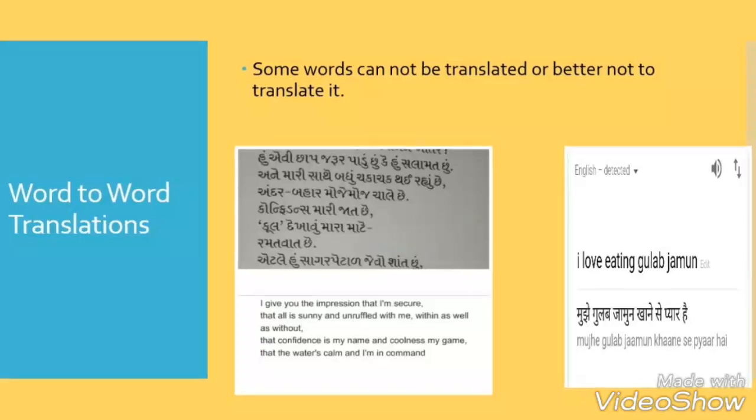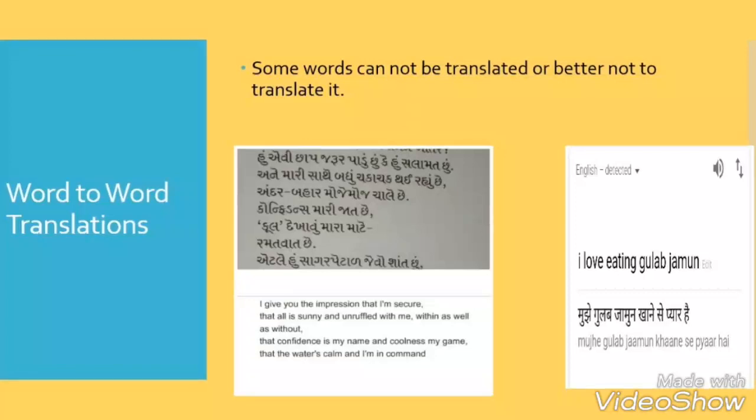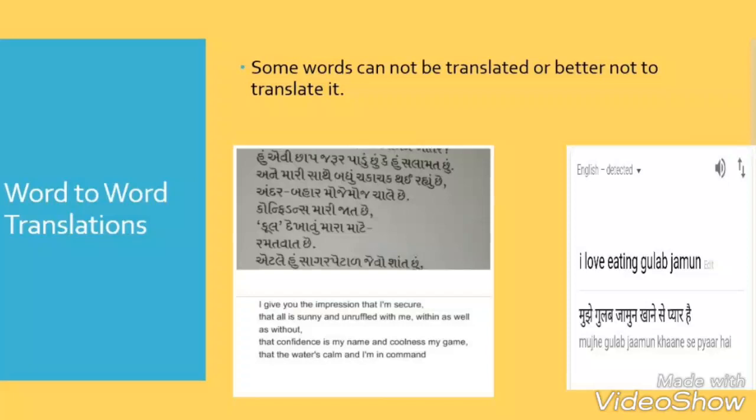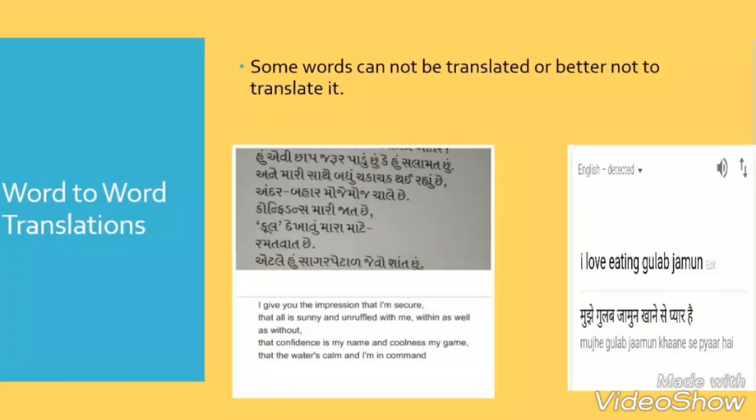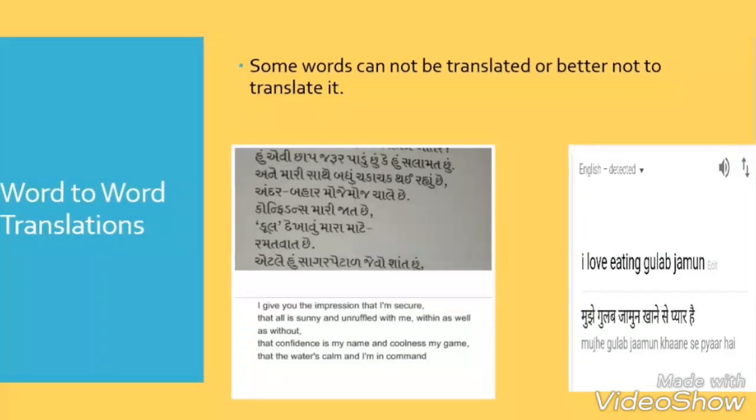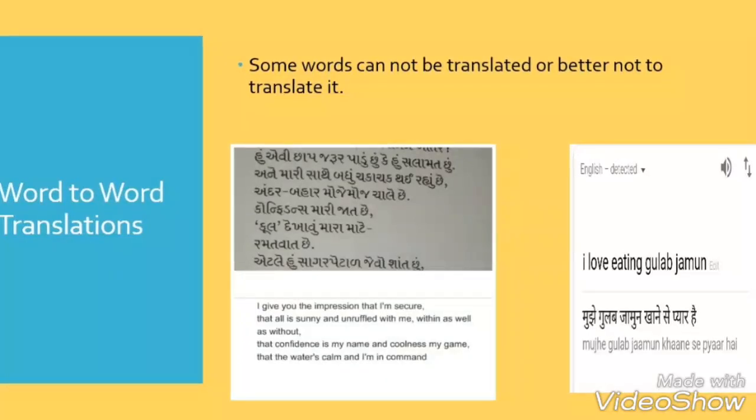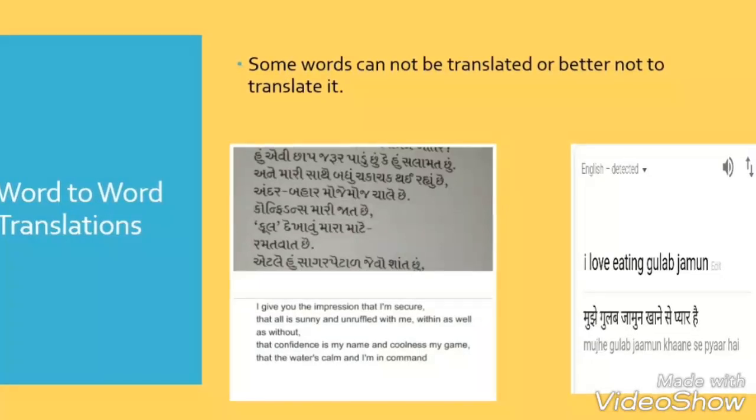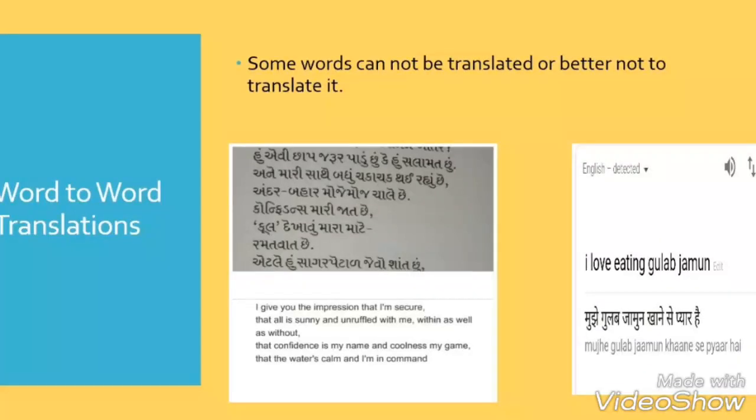And this poem is by Charles Finn, that hear what I am not saying, where it is, I'm reading it, that I give you the impression that I'm secure, that all is sunny and unruffled with me, within as well as without, that confidence is my name and coolness my game, that the waters calm and I'm in command. And the translation is maybe done by Jayavasara because the book, it is from the book Jaiho, so